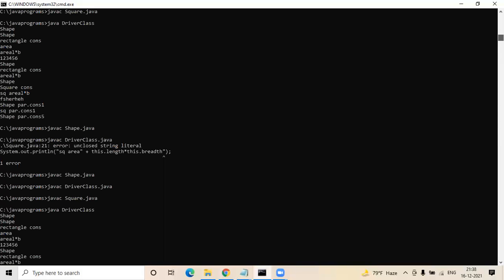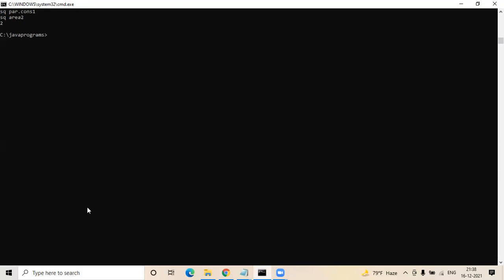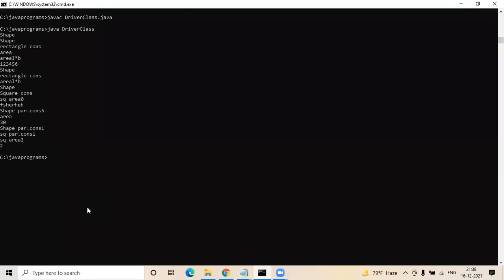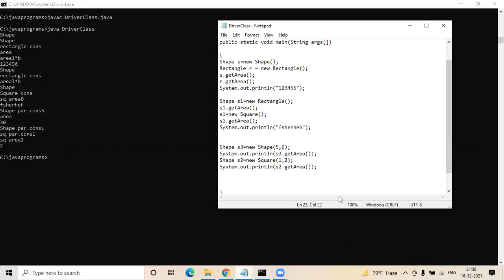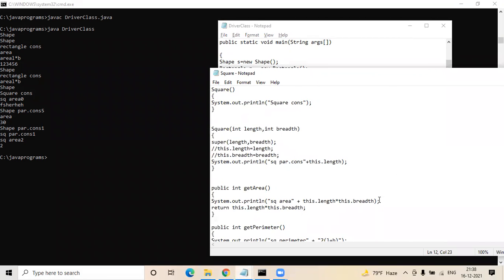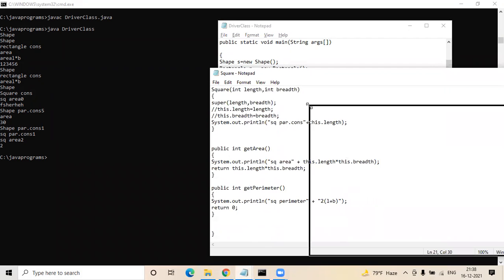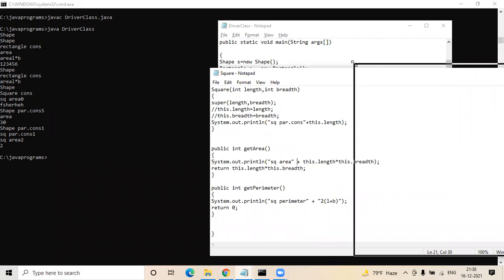Okay. You want the square also, right? Square also. Passing two parameters, right? Okay.